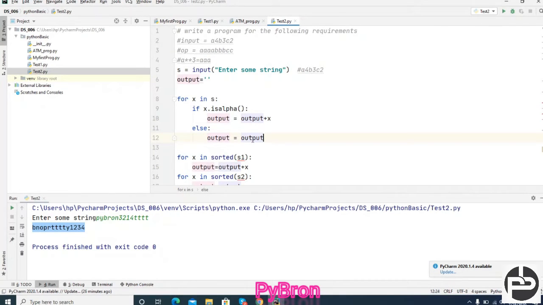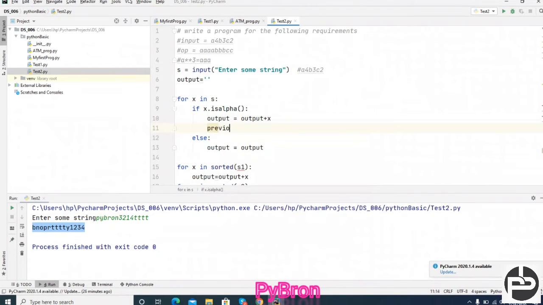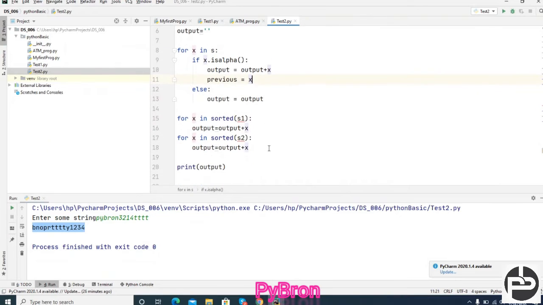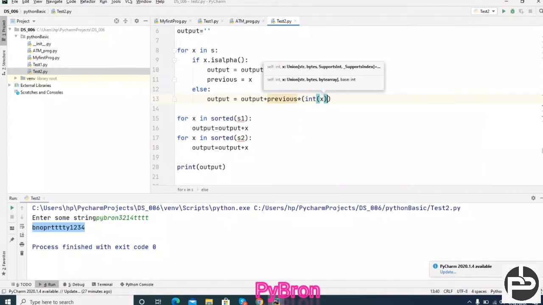Here you can create one more variable, previous is equal to x, and output plus previous into int of x, int of x plus 1 minus 1.